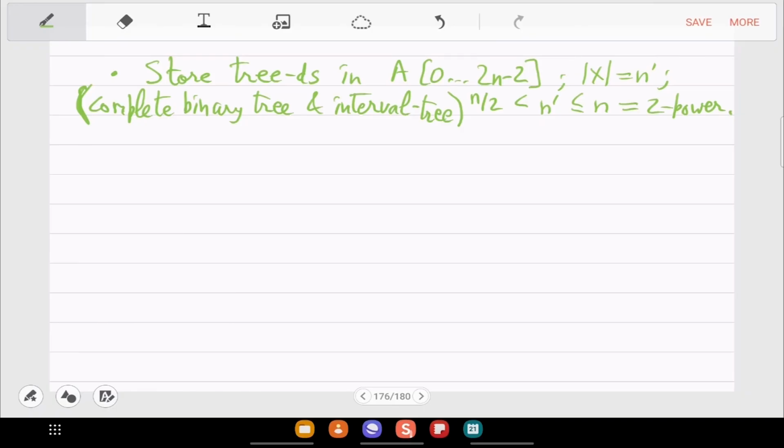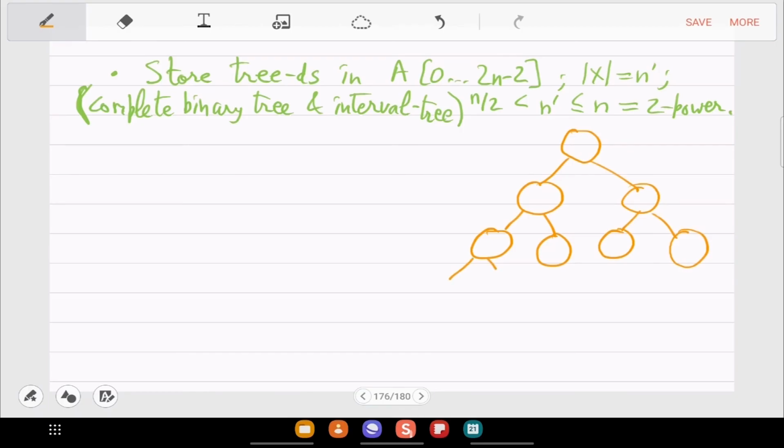So let's first see the example. The array is this in the leaves: 4, 14, 9, 17, 23, 6, 29, 91. Okay, and this is x.